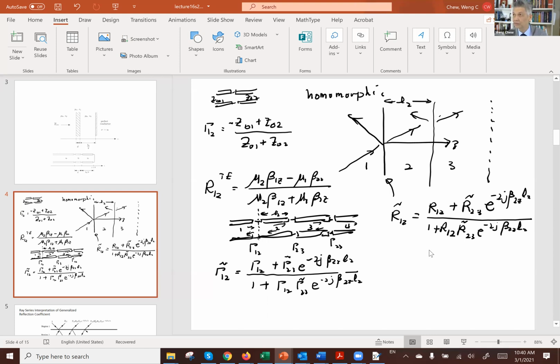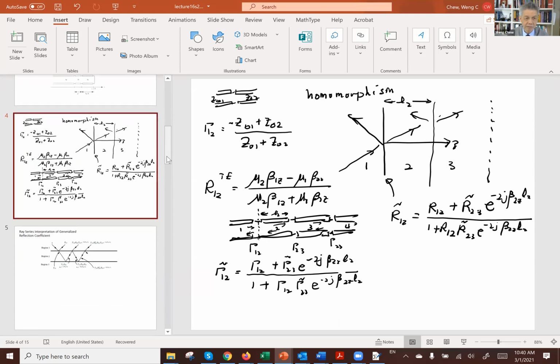Are there any questions regarding this concept of using mathematical homomorphism or mathematical parallelism to solve the problem of a layered medium by understanding the wave of the transmission line problem? Okay. So if there are no questions, then we will go through doing some ray series interpretations